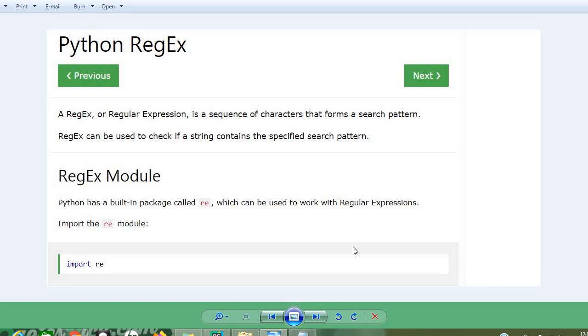The third unit will start with regular expressions in Python. What is a regular expression, and how can it be used in Python? A regular expression is imported using the re keyword: R stands for regular, E stands for expression. What is the benefit? A regular expression is a sequence of characters that forms a search pattern.